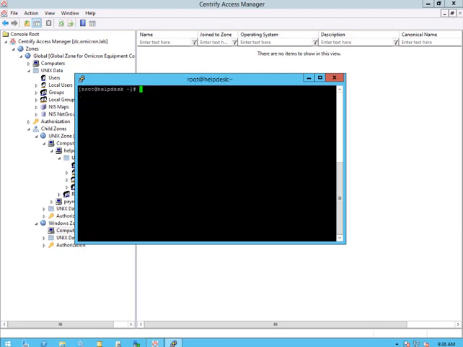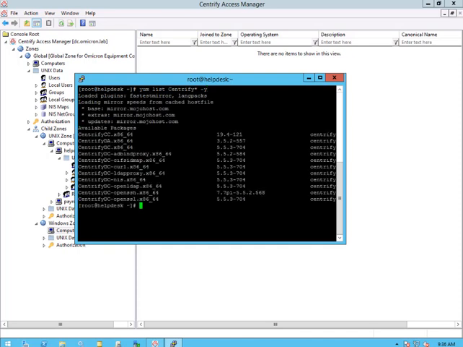And now I can go through the process of identifying my current Centrify status for this particular system by using the yum command list. And I'm going to go ahead and tack on the -y so I don't have to answer any questions. And as you can see here, I currently have available packages that I can download and install. So the one that I'm going to install is the Centrify DC,